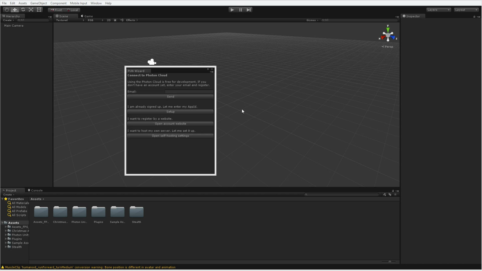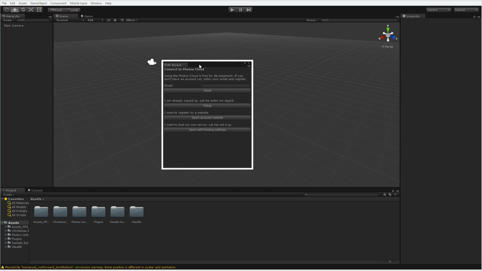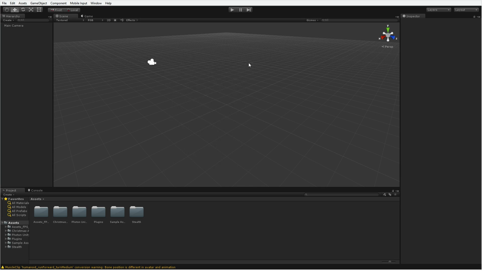We're also going to notice I have this Photon Unity Network (PUN) wizard. That's because I've imported Photon stuff. We're going to close that. We're going to deal with that tomorrow. So I'm not filling any of it out. I'm not signing up for an account. You can. It's free, but I'm leaving that alone.